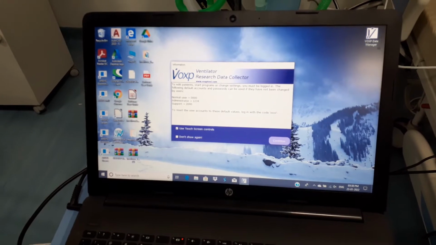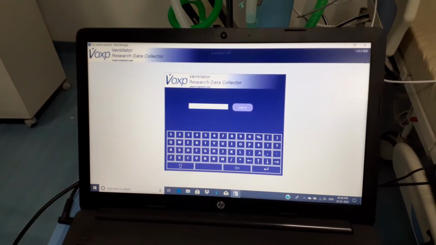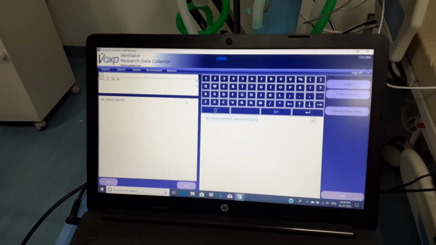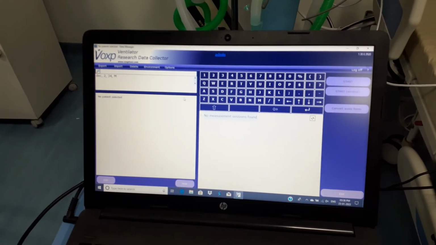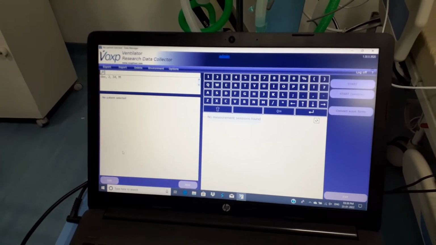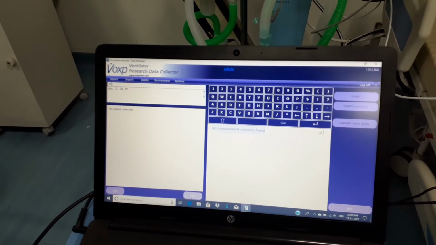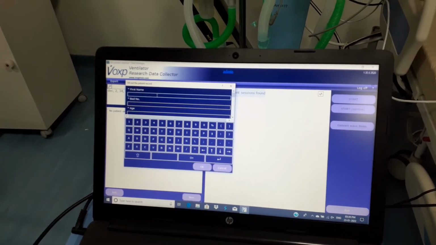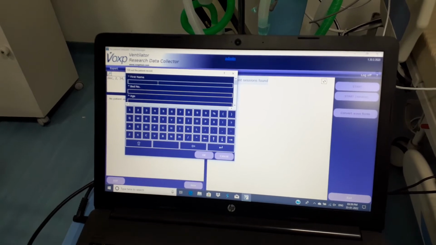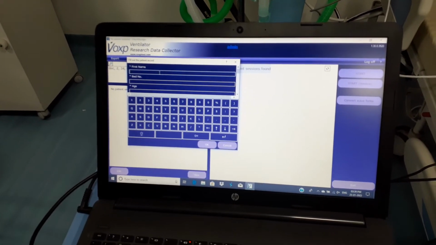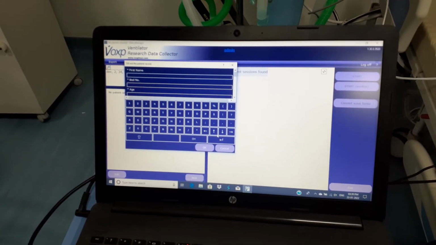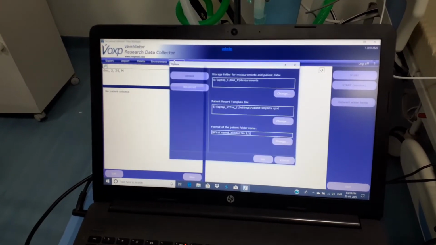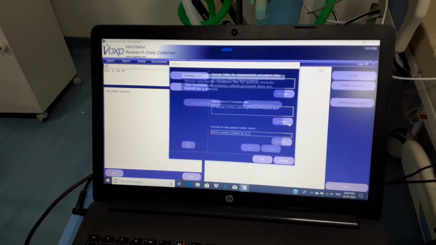So now continue. We have to put here some pin given by AVEA, and first we have to put the patient initial parameters. So that we will put from here, new. These are some settings which I have by default, customized by me, depending upon the requirements of my research. But yes, we can change it from here, option, and we can change the template,